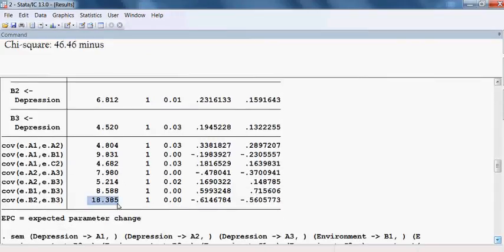Minus 18.385, right? After connecting EB to EB3, minus 18.385. So as a result, the value would be, okay, actually I can take it like this: 47 minus